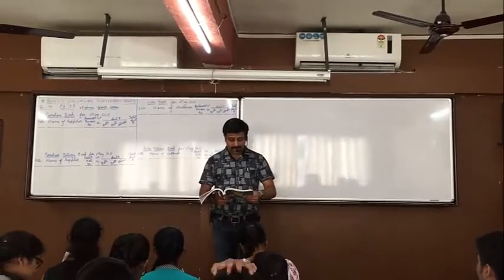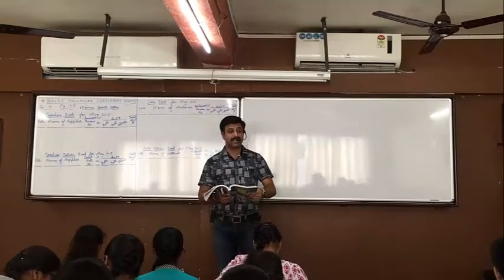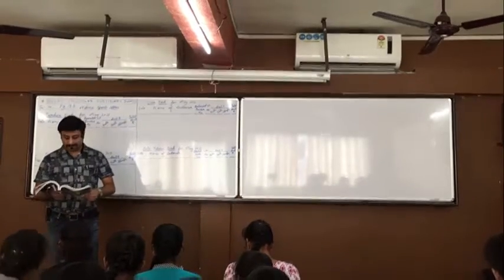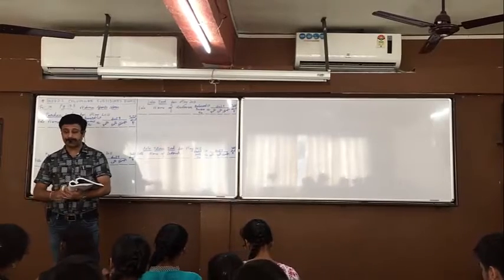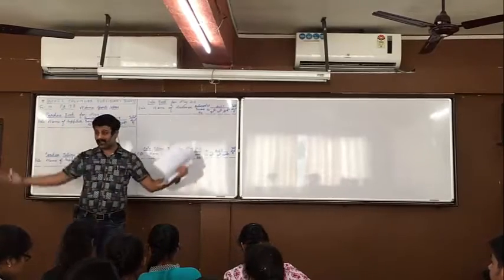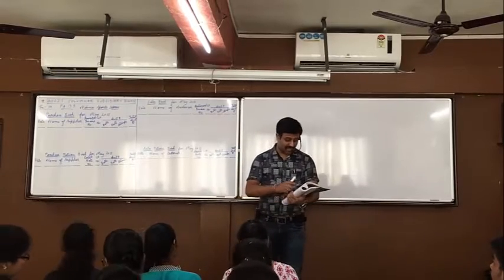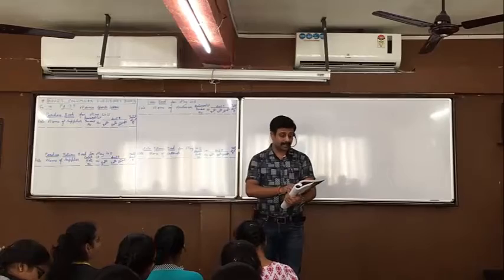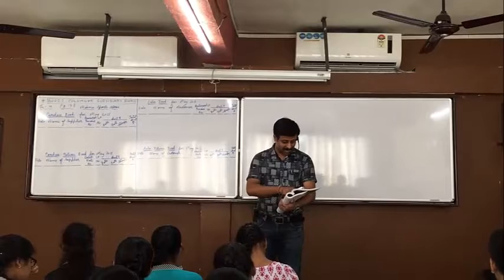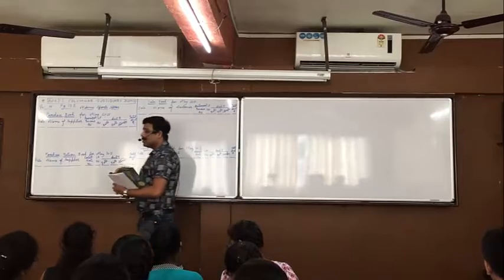First May, purchased following goods from Sanya at 10% trade discount and 5% cash discount with 1 month credit. Balls 200 numbers. Numbers means quantity. It is not the size of the ball, it is a quantity. At rupees 150 per piece. Bats 100 numbers, again quantity, at the rate of 800 per piece. And stumps, again 50 is the quantity, at the rate of 300 per piece. Now, listen everyone.